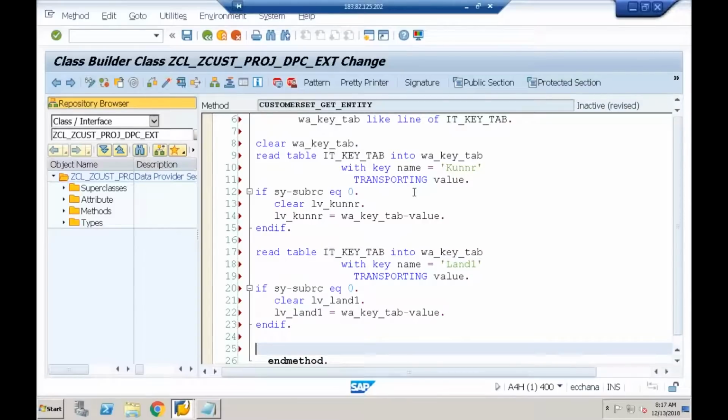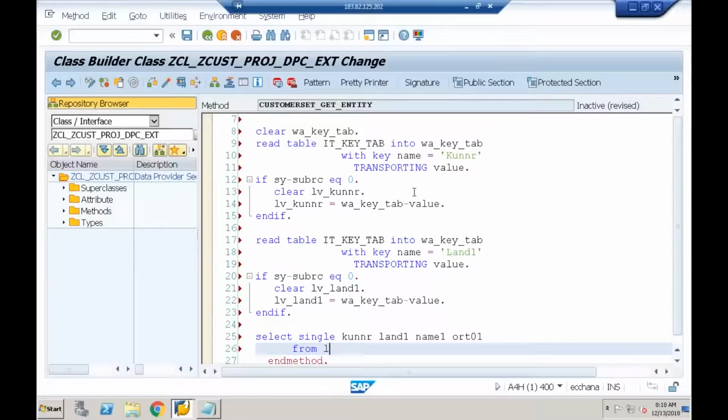In the earlier case, we had the function models. We were calling the particular function model. So here, I'll manually try to get the data. I'll select single. What are the fields you want? Our entity contains how many fields? Customer number, land one, name one, and city. So select single customer number, land one, name one, ORT01 from KNA1